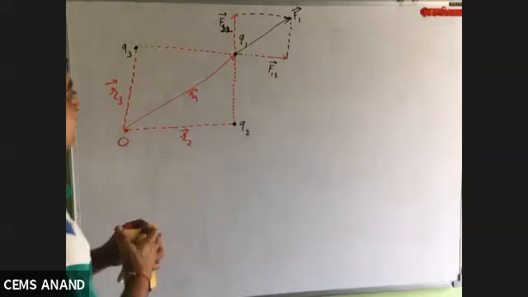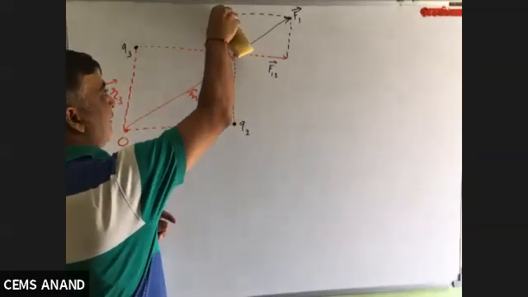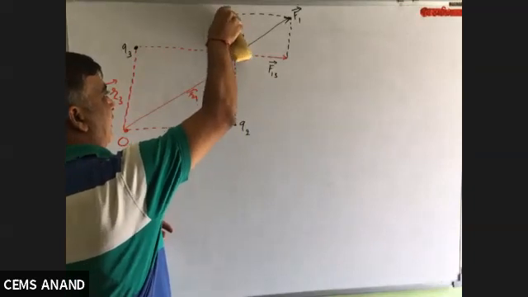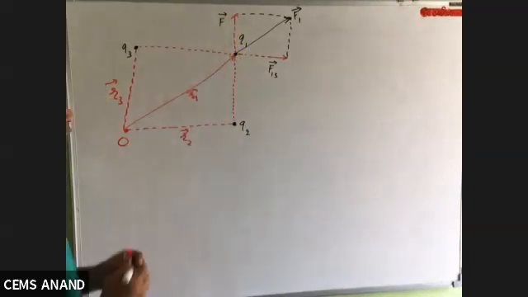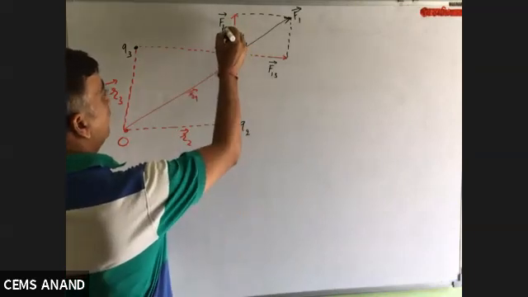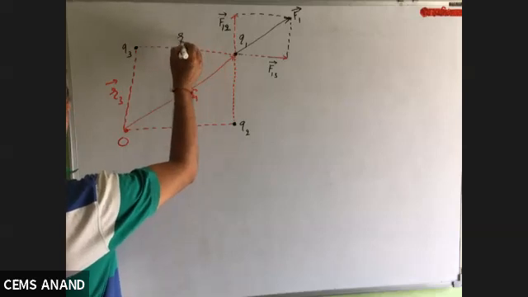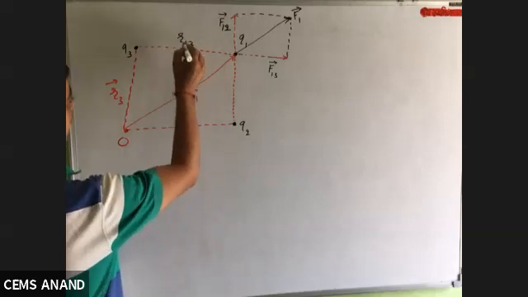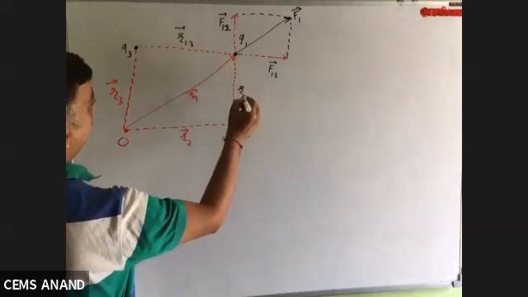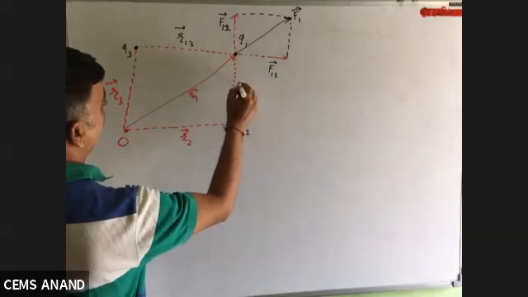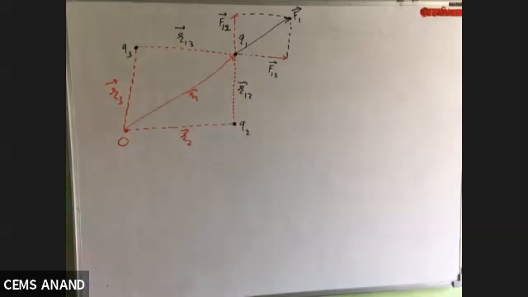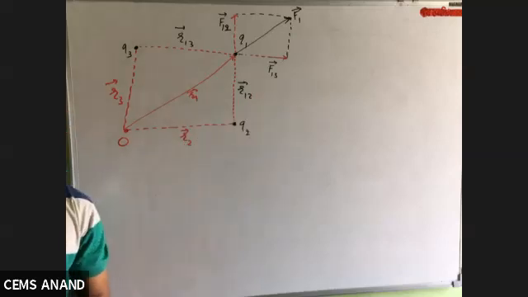Let me rewrite that. It is on 1. So 1 comes first. And it is by 2. So it's 1, 2. Right. Then what is this? It's a distance between what? 1 and 3. 1 and 2. So we can write R1 minus R2, right? Yes, it is given in Coulomb's law. Now, let's derive the formula.